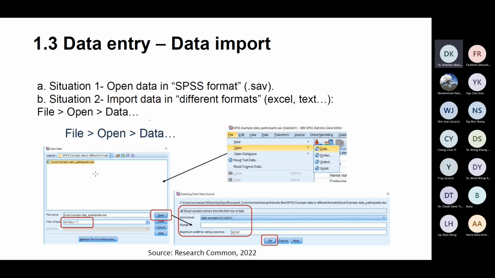Go to File, go to Open and go to Data and then click OK. So all the data that you have in Excel will be automatically imported into SPSS. So don't worry, if it's in Excel, you can do it easily, because SPSS comes from Excel actually.